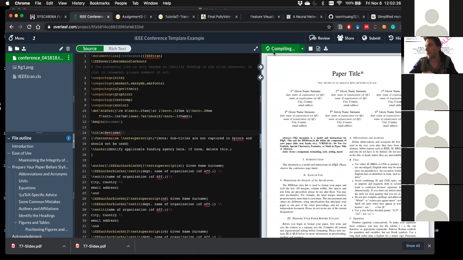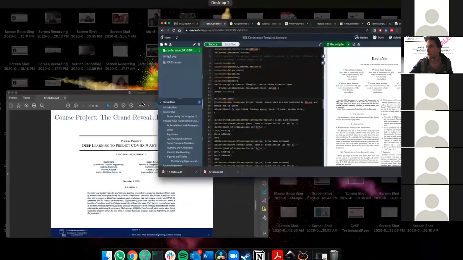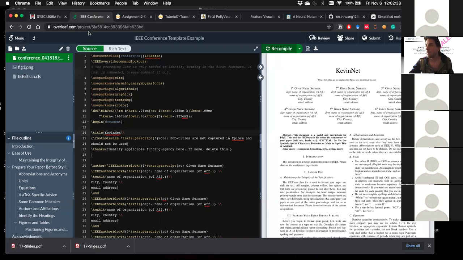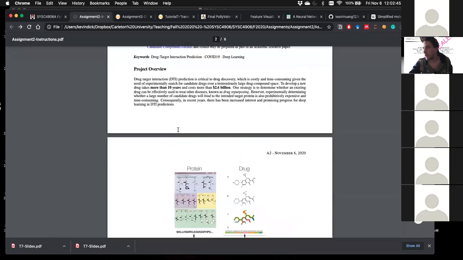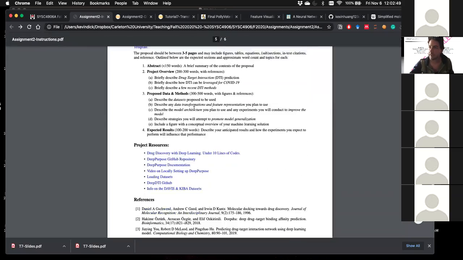And I would recompile this and it will update the document here in this PDF reader accordingly. So yeah, anyways, play around with this. This is kind of the general format that will need to be followed. Oh, I guess I lost my, let me go back. Yeah, here. So all that to say, that's kind of the second deliverable, and all again in anticipation of assignment